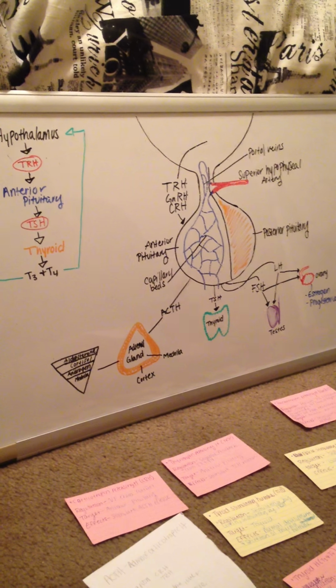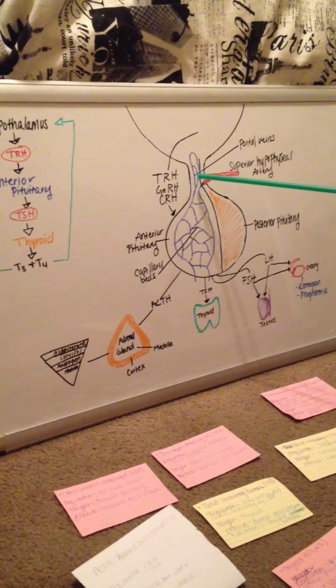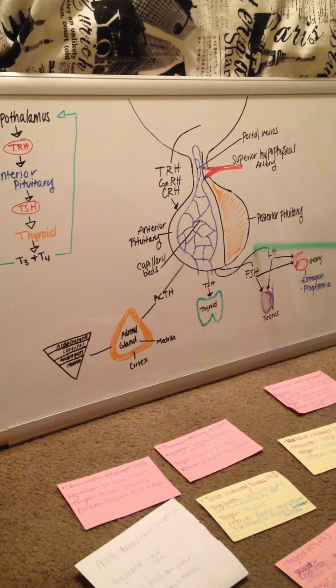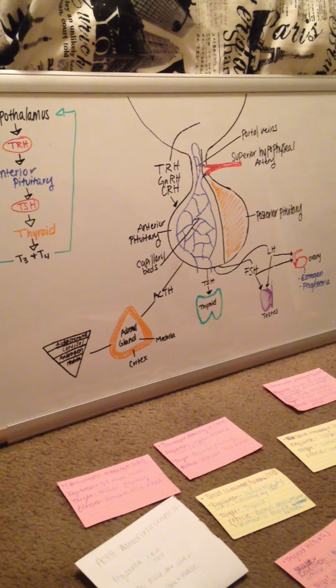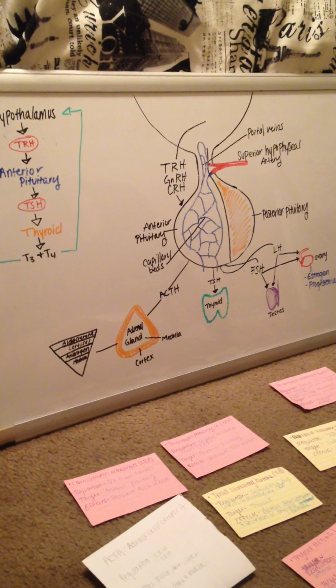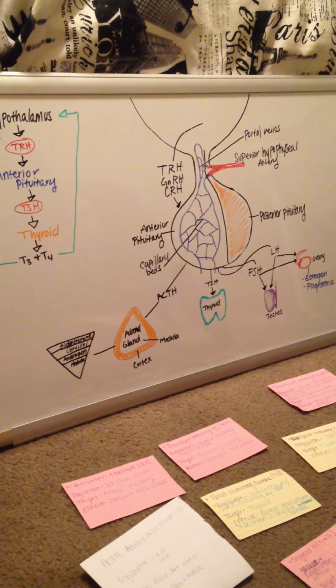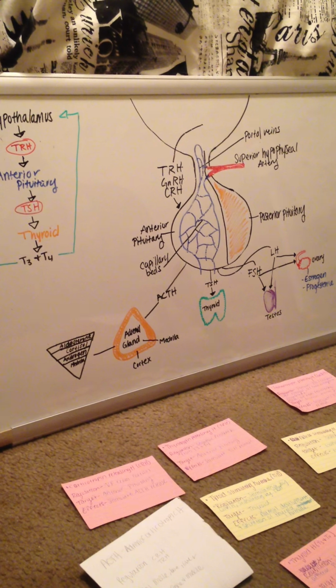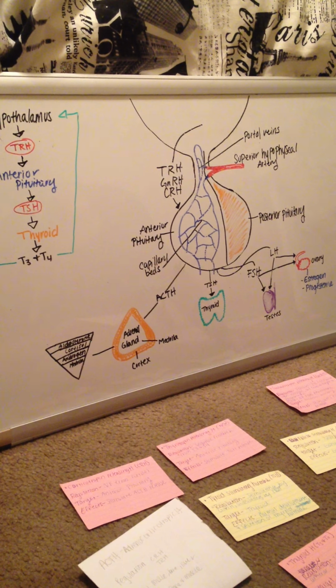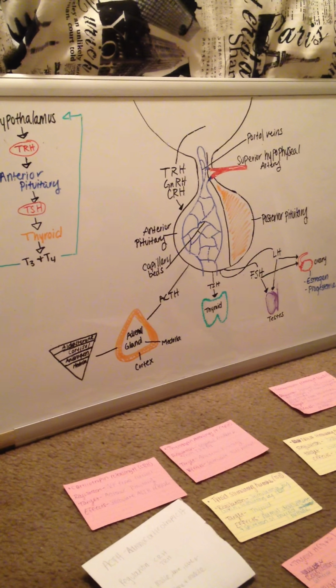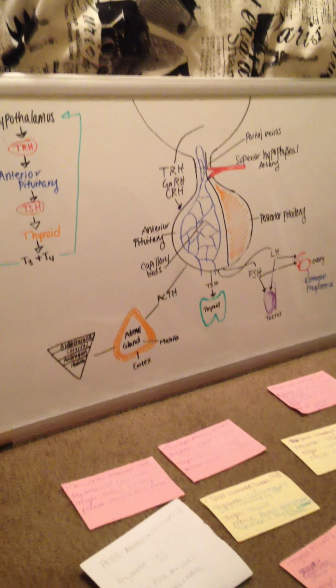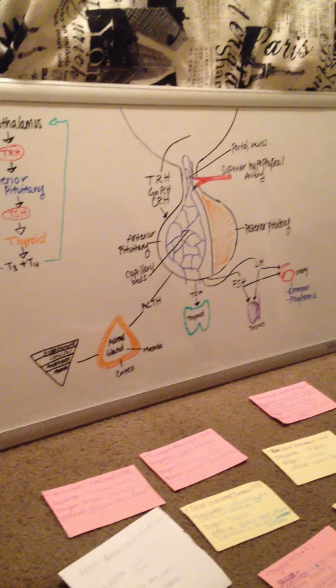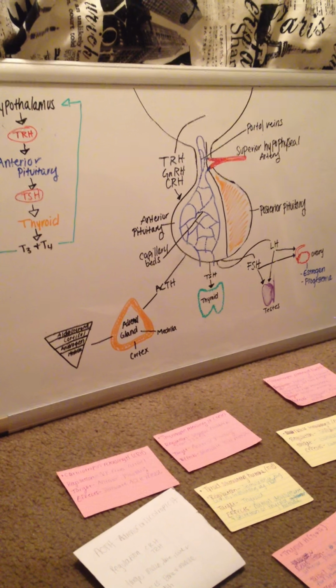It starts with the hypothalamus, which is up here, and it goes to the pituitary gland, which lies in the sella turcica. The purpose of the hypothalamus is that it controls the production of hormones in the anterior lobe of the pituitary gland by secreting and regulating hormones. This is controlled by the nervous system, so it acts as an endocrine gland. The way this works is that